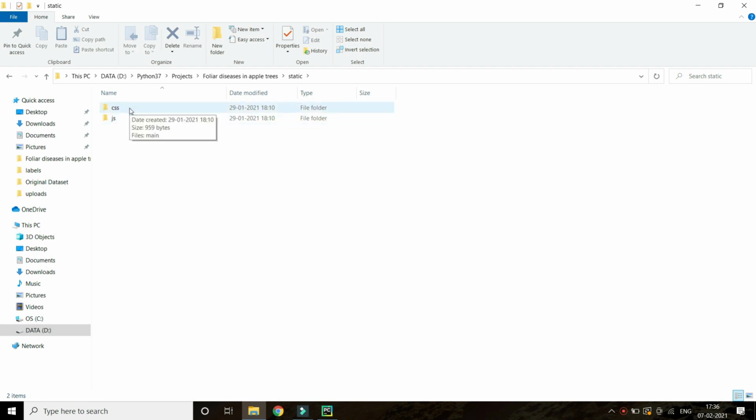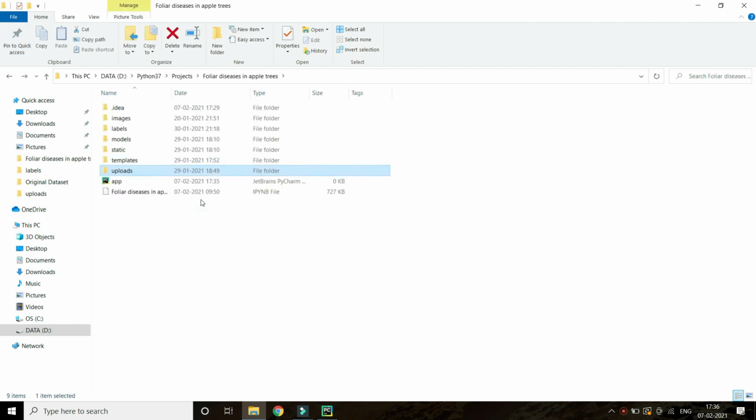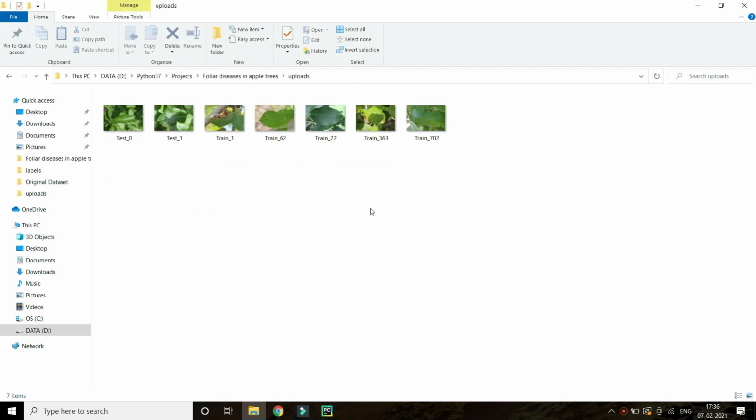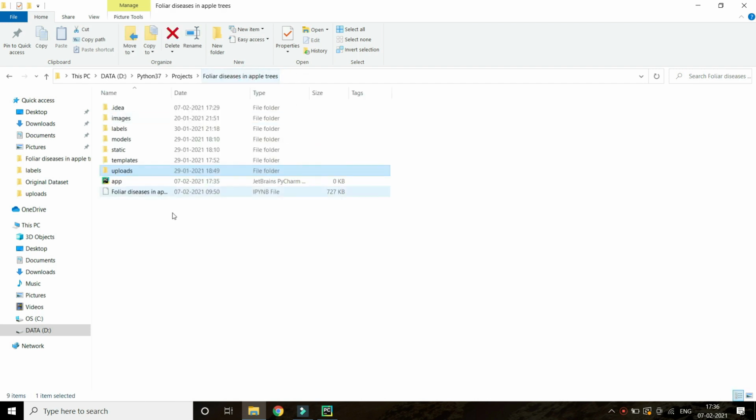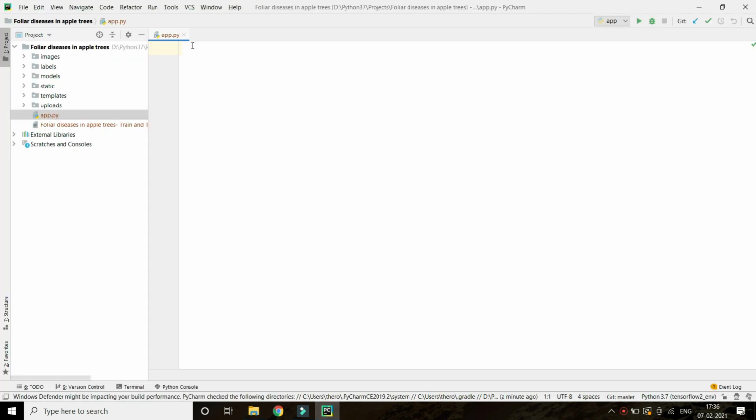This is your CSS and JavaScript folder, and this is your HTML folder, with the HTML files which help you make the front end application. Uploads: whatever image any user gives, the server will store it in this upload folder automatically.